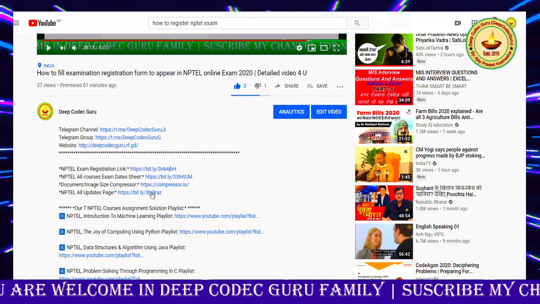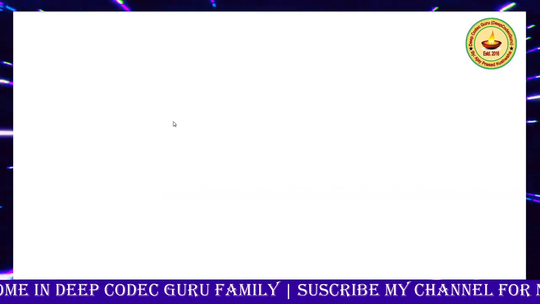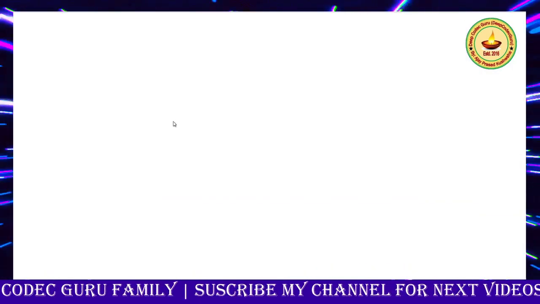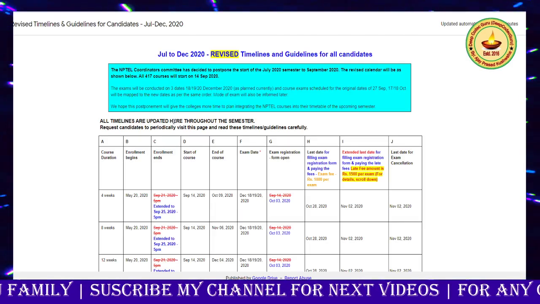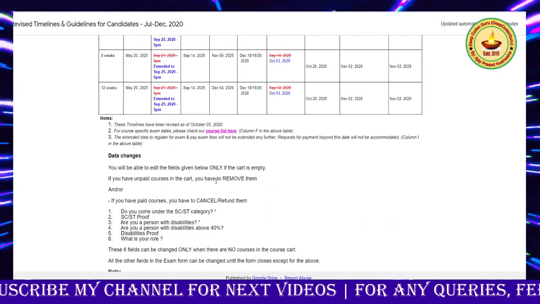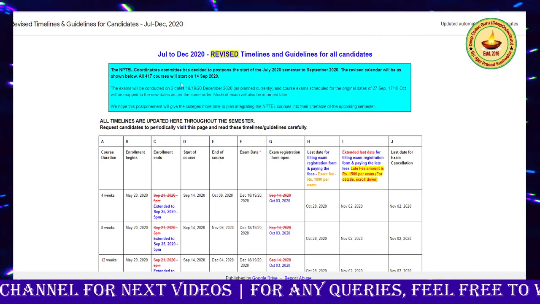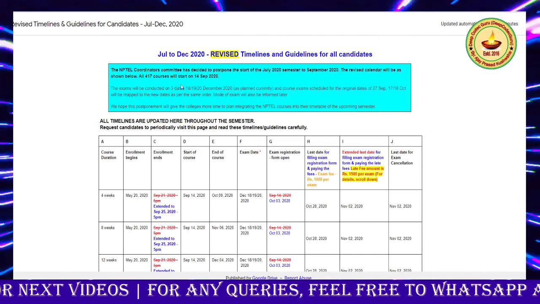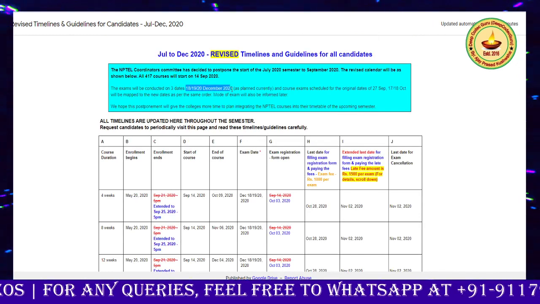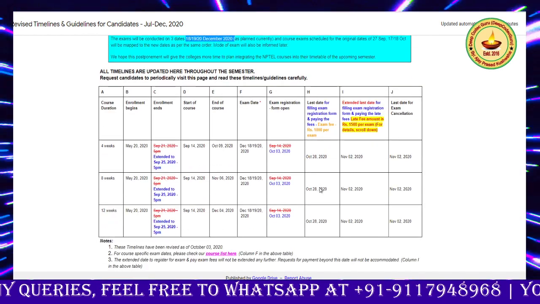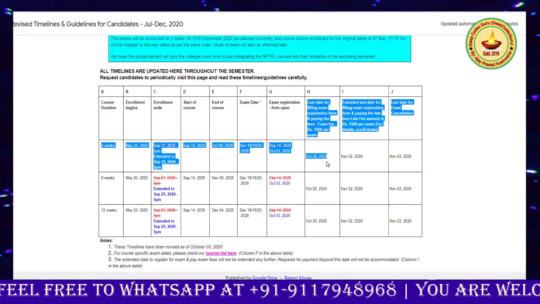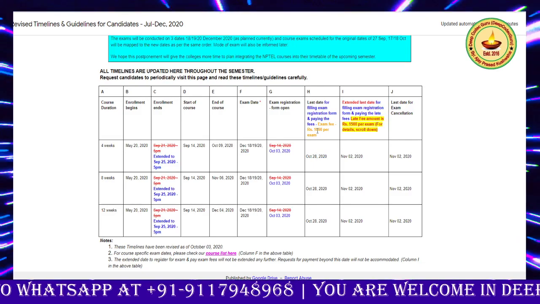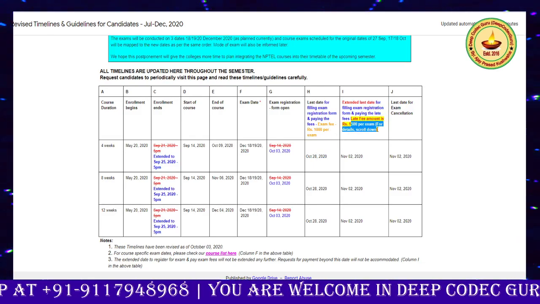If you want to know more detailed instructions, then go to this link, the NPTEL all update page, and you can read all those details. What other rules and regulations will be applied, how much fee, and exam dates are also mentioned here. What is the last date of filling, and how much you have to pay, each and everything.